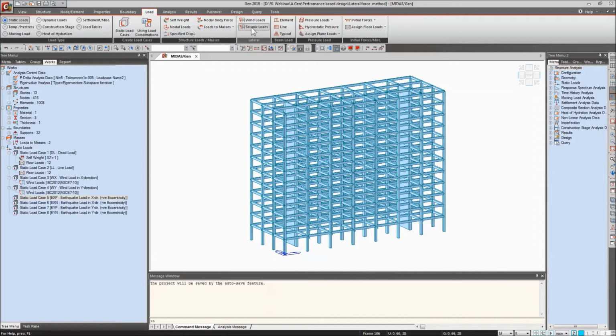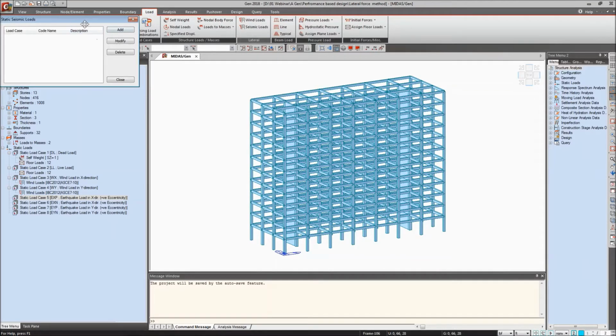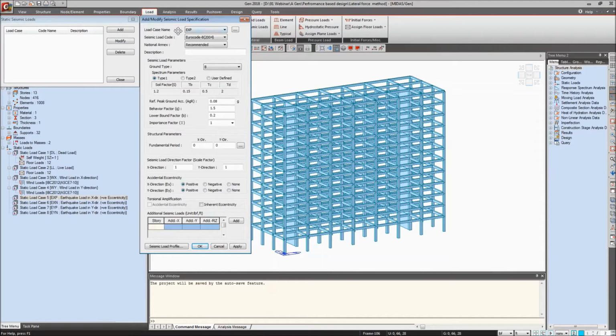I'll be going a little bit slow because of the delay in audience view. So here we have got the seismic loads now. So for lateral force method, I'll just go over here and add. We can select the load case name, that is EX positive, and this is a Eurocode 8, 2004 code